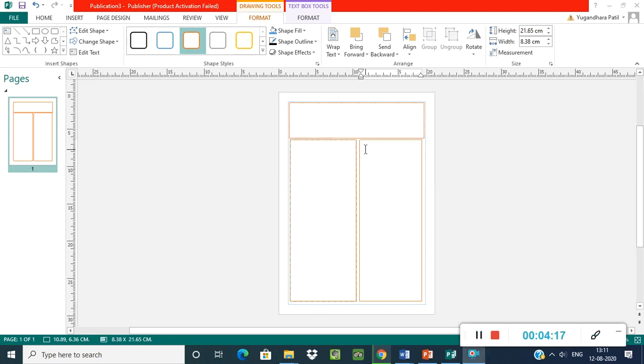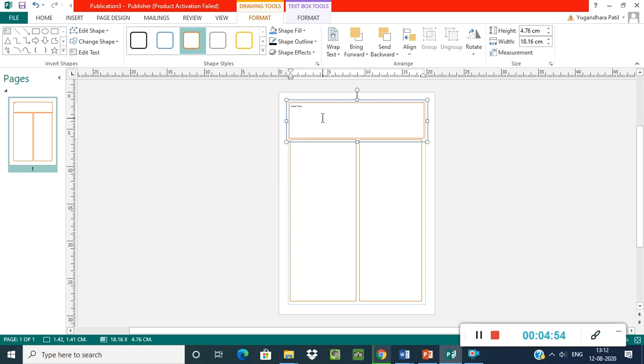Okay, now what do you have to write in this text box? In your textbook, page number 69, one topic is given, that is grow more trees. You can select that same topic as it is. Otherwise you can select any topic which you have in your mind. Okay, suppose I am selecting save tiger, or you can select save tree. Okay, I am typing here save tree.